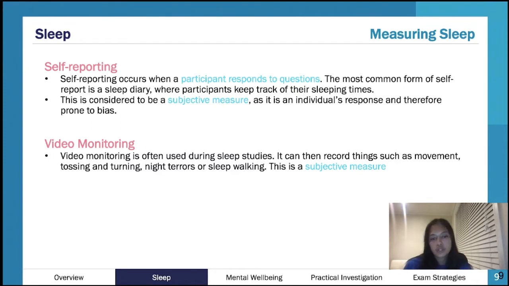Whereas with sleep diaries and video monitoring, these are a little bit more subjective because they're open to interpretation. They don't directly tell us information relating to sleep. So with the sleep diary, obviously the person is noting their own experiences. That can be very subjective. It's very open to bias. It's obviously very helpful because you can't use electrodes to figure out how a person was feeling before bed, what the stresses of the day were, or how refreshed they feel upon waking. Those are some really important things that a sleep diary is good for.